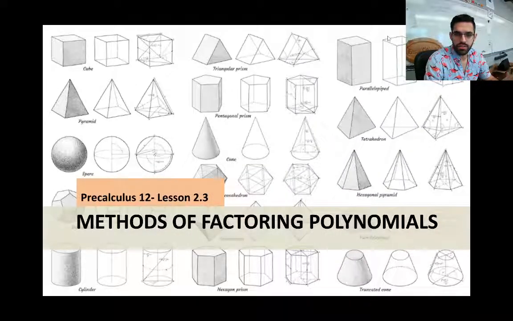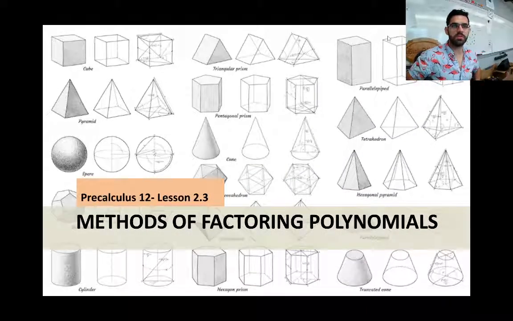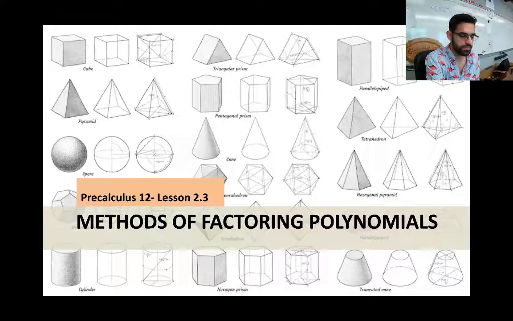Alright, this is lesson 2.3 of our Pre-Calc 12 class. Unit 2 is called Polynomial Functions. Lesson 3 is called Methods of Factoring Polynomials. So as we ended the last lesson, we talked about